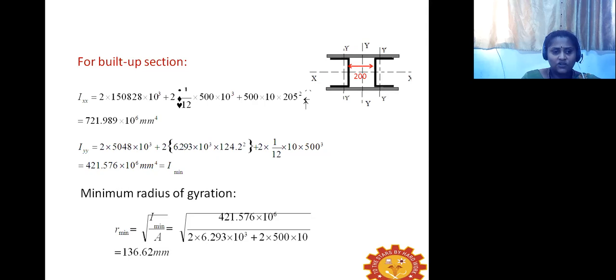As I was telling you earlier, our intention is to make the value of IYY greater than IXX so as to counteract the failure modes of the column. Basic failure modes such as crippling and buckling failure will occur exactly at the face wherein we have the lower moment of inertia. And with the help of IXX and IYY, further we can easily calculate the value of radius of gyration, that is nothing but root of I by A.